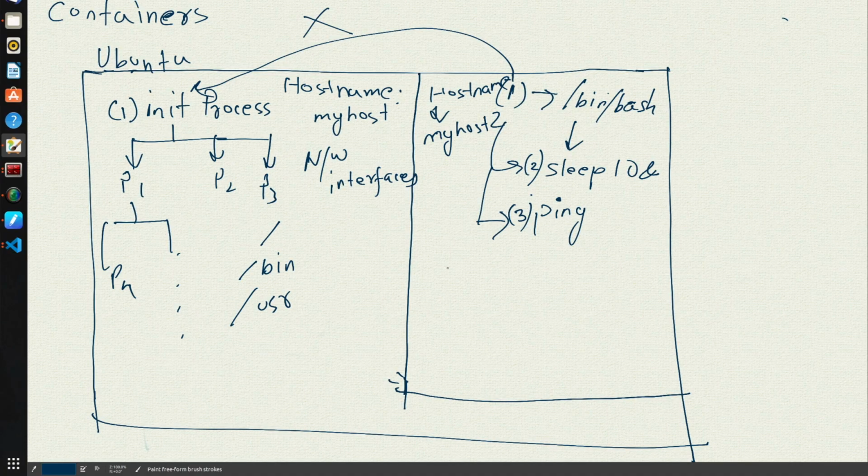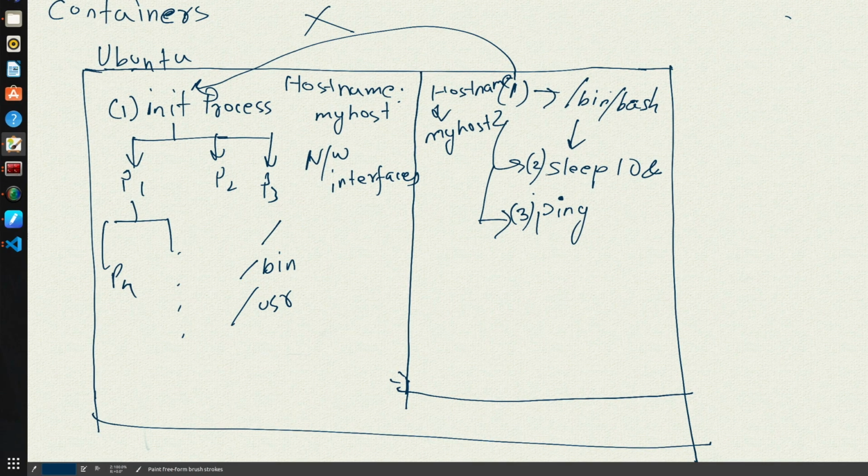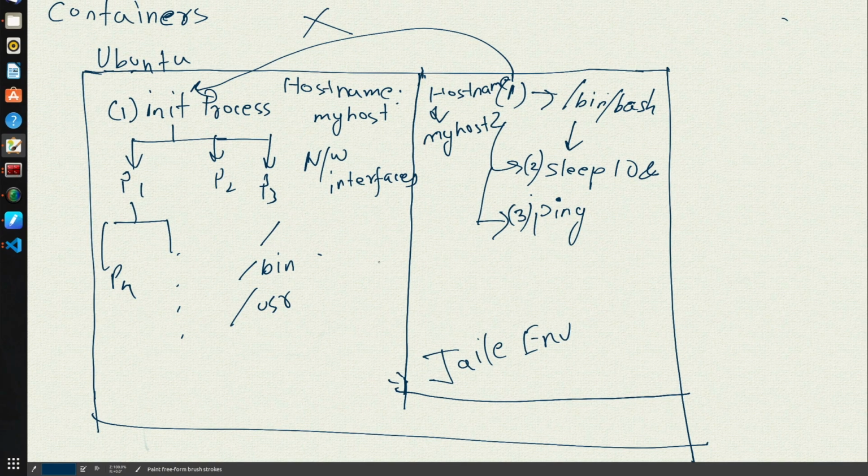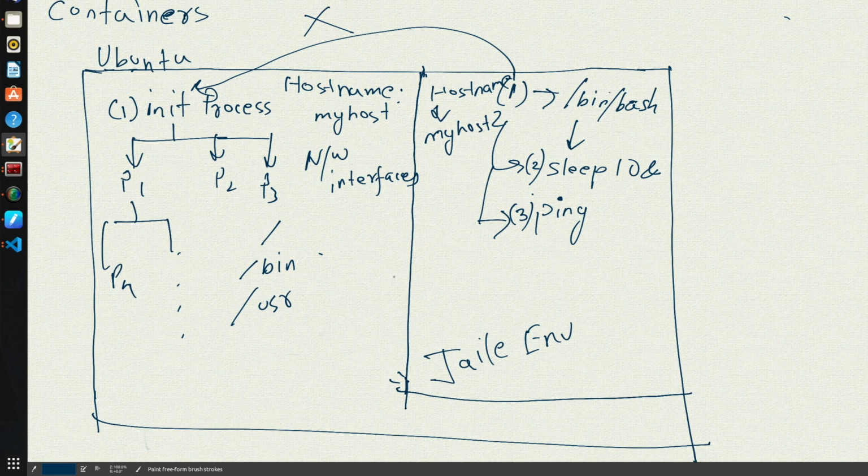Similarly, it can have its own mount points. It can have its own network virtual interfaces. That's how the resources in the system will be partitioned between the root and this jail. So this is the jailed environment. It can have its own path variable, its own system, its own environment variables. Everything is separate. So now that we know how the container runtime looks like,